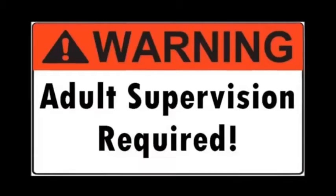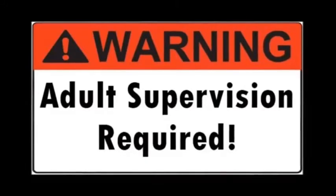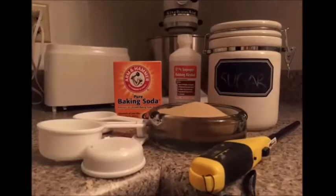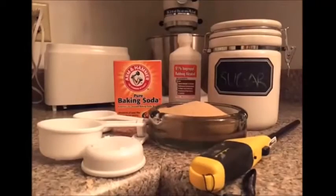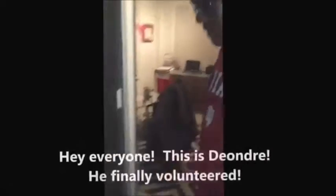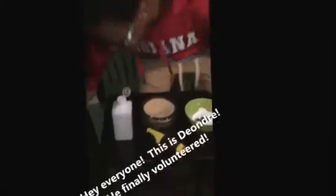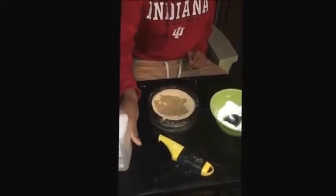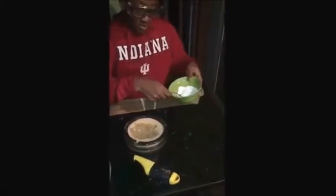For this experiment, we will use common household items like rubbing alcohol, powdered sugar, sand, a container, and sodium bicarbonate, also known as baking soda. First step will be to fill the container with sand and make a little mound inside of it. We will douse some rubbing alcohol in there to use as a fuel. We will mix our 4 parts sugar with 1 part bicarbonate,